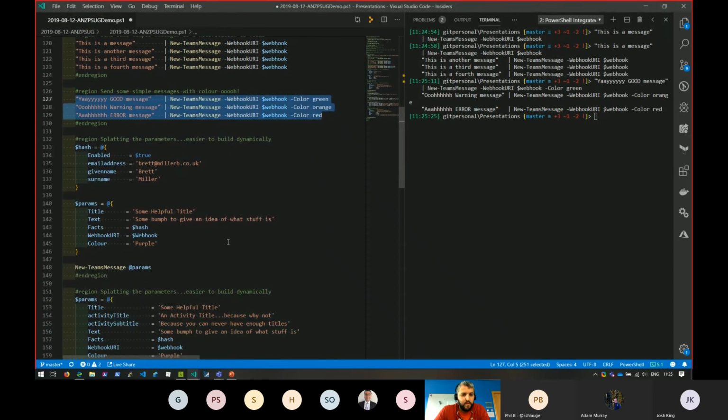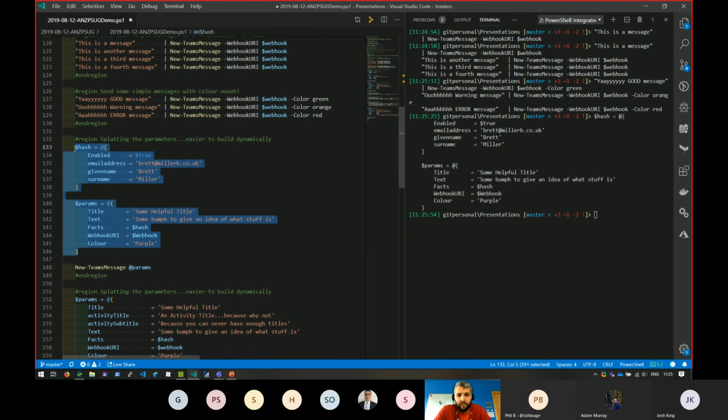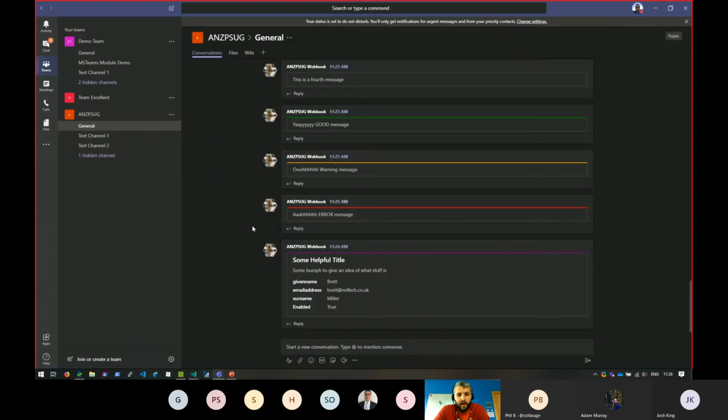The other thing that took me a while to get used to because of the documentation was sending detailed information from different systems, or as part of automation. If you were doing lots of checks against various machines or servers, you can actually pass it a hash table and get concise information. So in here, I've just got some demo information, but I had previous checks, so I would have an Active Directory automation script which kicked off in the morning before we got to work, and it would give you the status of every DC to make sure that replication was working and there were no errors and all the fun stuff that you needed in there.